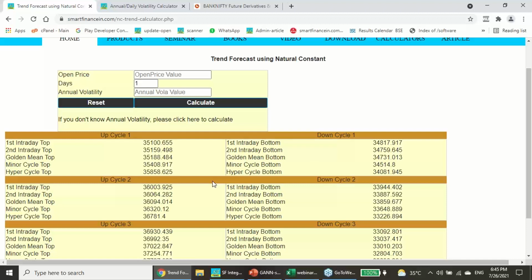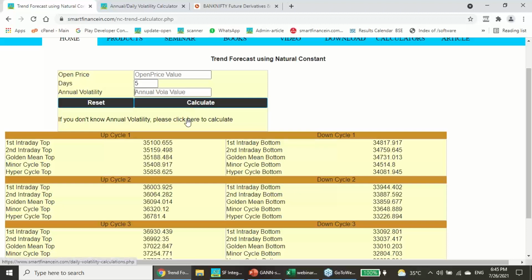In fact, this volatility is not the actual annual volatility. The 365 days of data are too old to give you the actual projection. Now the volatility is much lesser than 36.90. So how to use it for positional trades is what I have told here. You should not take the opening price, you should take the closing price of a day. You can use the number of days here, and you can use the annual volatility as it is.